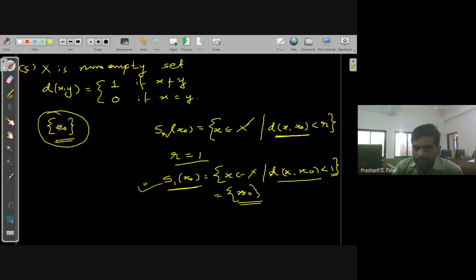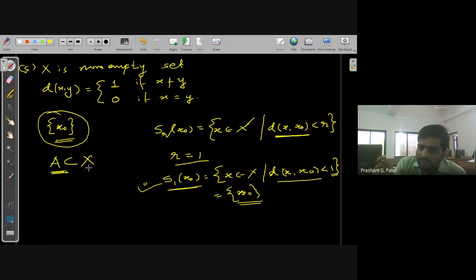In fact, the same argument can be given for any subset of X you can take. So ultimately what we are saying is that every point has an open sphere which is a singleton set.